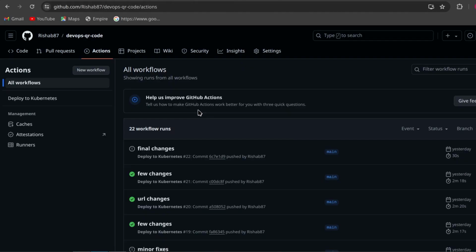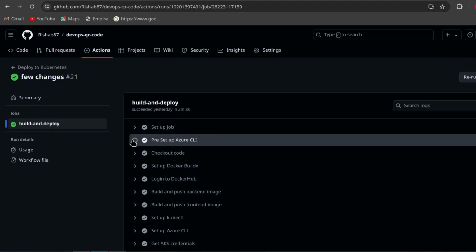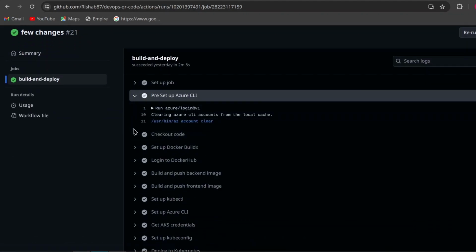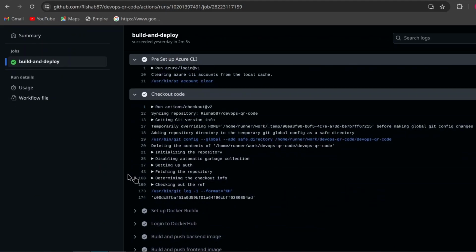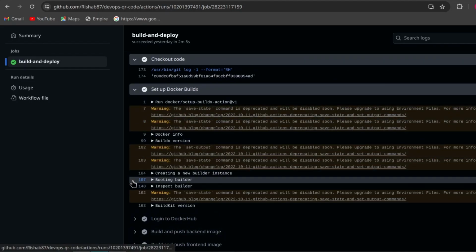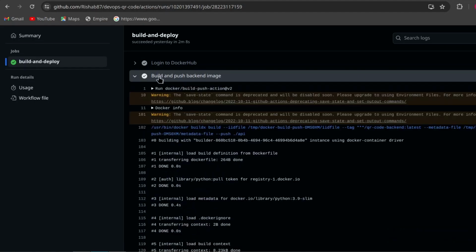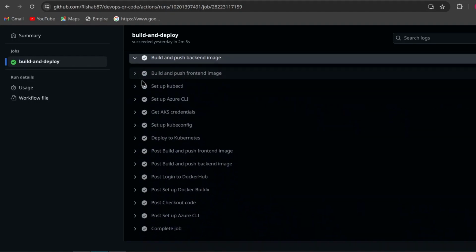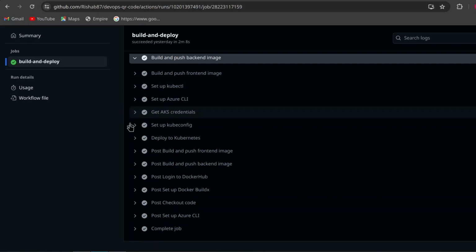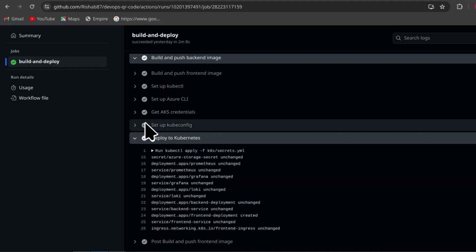So what have I done in CI/CD? Whenever you push an image, first of all, it will set up Azure CLI. I have provided the credentials of Azure. Then it will set up Docker and log in to Docker Hub. I have provided its credentials also in GitHub Secrets. And then it will build the backend and push its image. Then it will build the frontend and push its image. Then it will set up kubectl. Then it will deploy to Kubernetes. It will apply YAML files